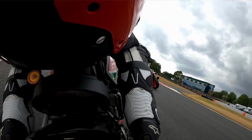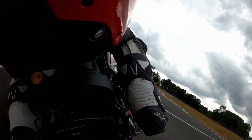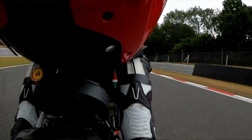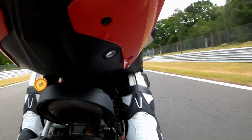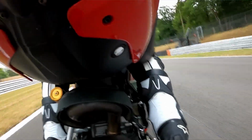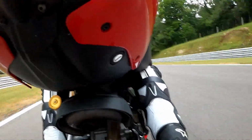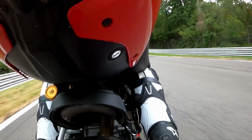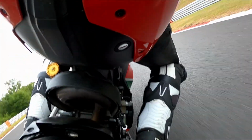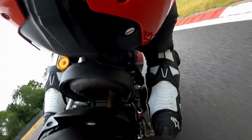Oh, we could have 11 coming up here very shortly as well. So the bike handled really well, but as I said, I'm running it in, so I couldn't really take it too hard, because I don't want to blow the engine up and void the warranty and all that sort of stuff. So this is the 20th anniversary Bayliss edition, which is basically a V2 with,